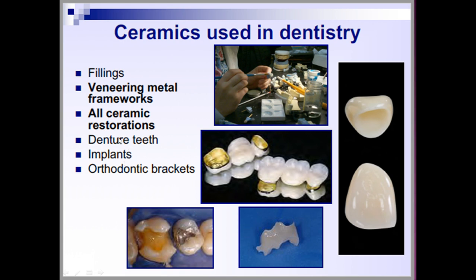Then the most important thing is dentures. We have teeth that we use for replacing in partial dentures, which can be a removable partial denture or a complete denture. These teeth can be manufactured with the help of different polymers, composite materials and also ceramic materials, to give that lifelike transparency and translucency to the teeth. We can fabricate those false teeth with the help of ceramic materials. So these are the different kinds of applications where we use these ceramic materials. So we'll come again